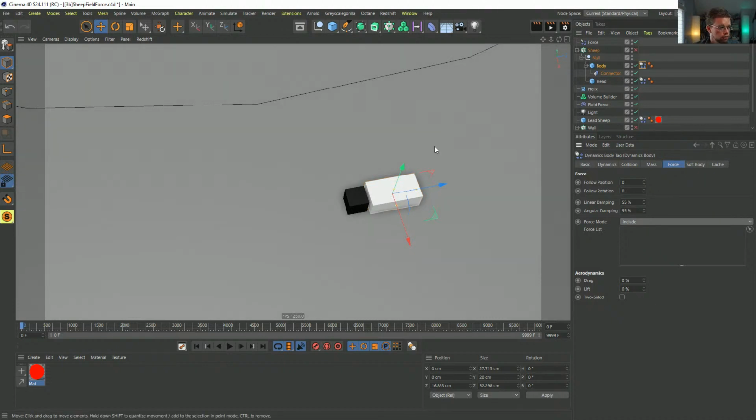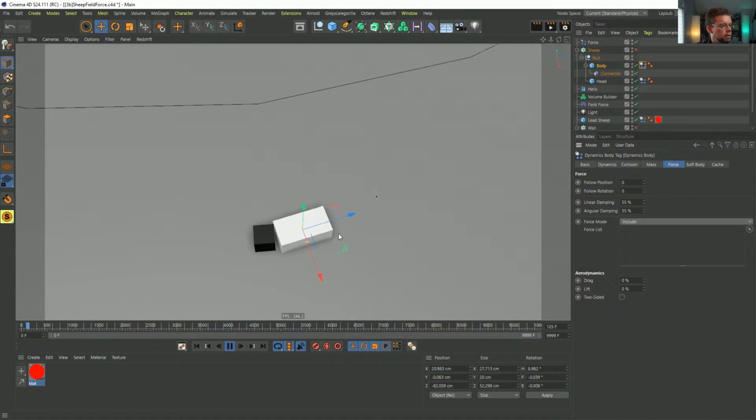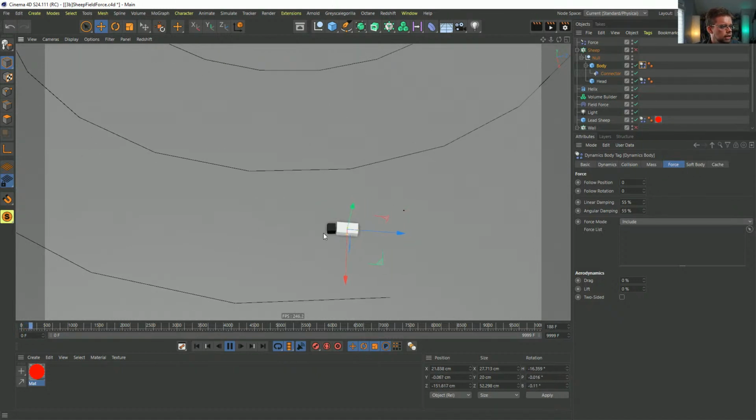So now that field force that's pulling it forward, this body isn't being tugged by that at all, but the head should be. It's got its own dynamics. So now the head is getting pulled forward, but the body is left behind. But that means naturally that the front should be kind of front heavy. It's going to tug it forward, so that gives us an inherent direction.